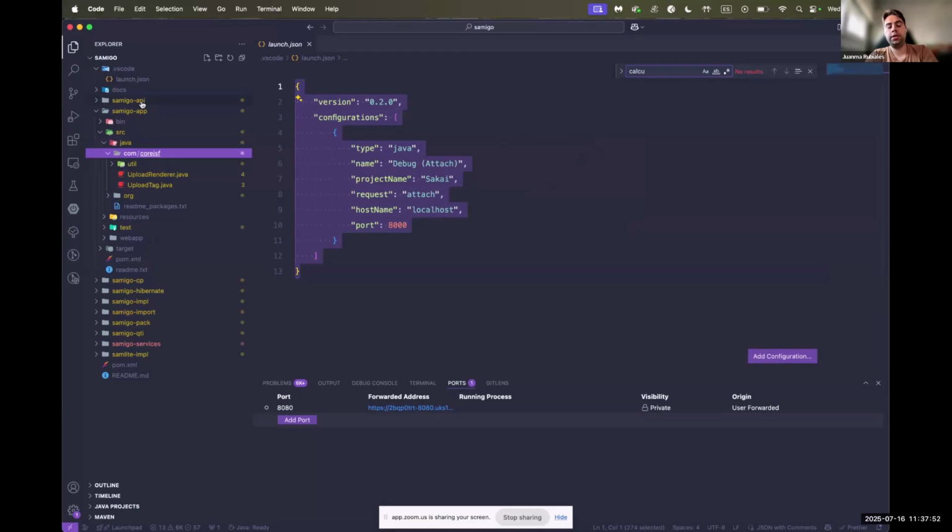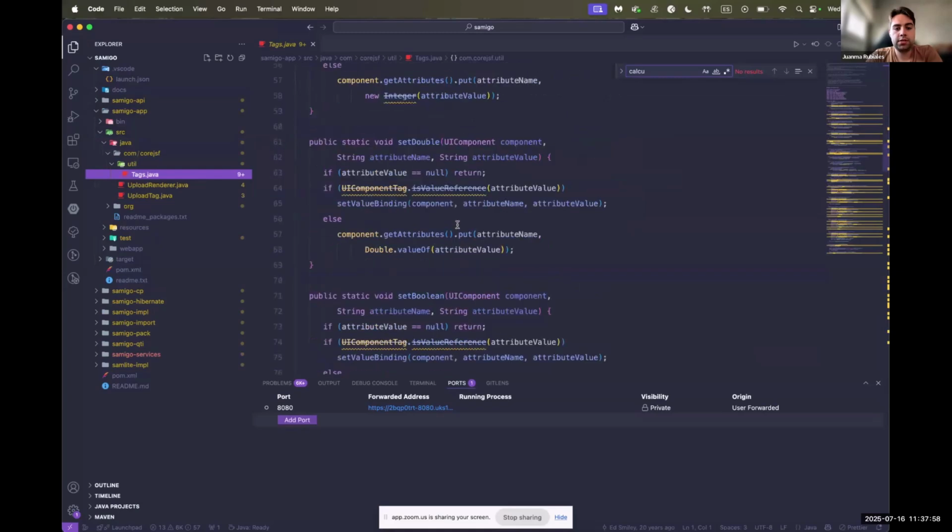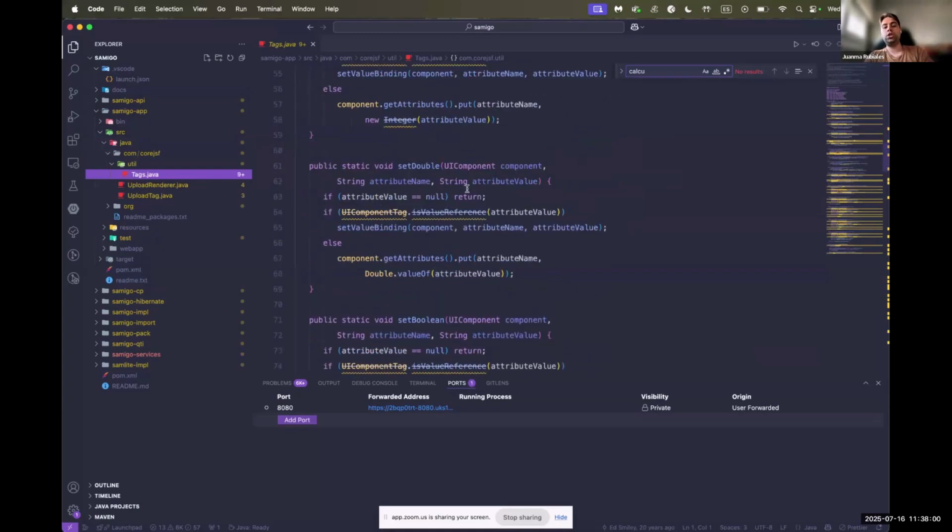For example, I'm on Samigo, the test and quizzes tool. We can go, for example, to text. And then if there is a specific function or specific thing that we want to debug, we only need to select this, for example. And then when we move to the UI and, for example, create an assignment, and we know that this function is going to trigger when we create an assignment, then Sakai will stop here and will say, okay, you have these properties. For example, it will show the values of the component variable, the attribute name, and the attribute value.